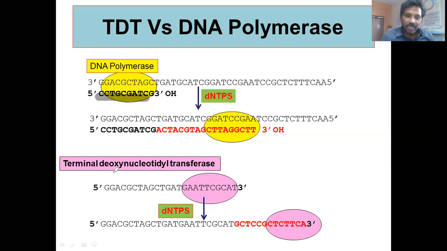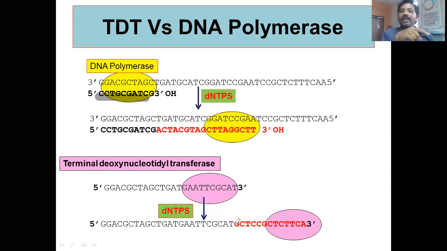But when it comes to the terminal deoxynucleotidyl transferase, you see, this is a DNA strand, and you provide it with the dNTPs and enzyme. Now the dNTPs or deoxynucleotides are incorporated at the 3' end of single strand DNA without need of template. You see, they just incorporate or polymerize these nucleotides at the 3' end of single strand DNA without requirement of the template. Hence, the terminal deoxynucleotidyl transferase is called a